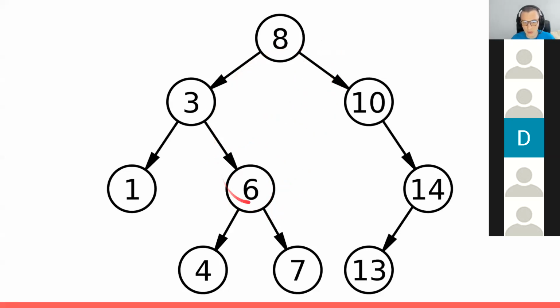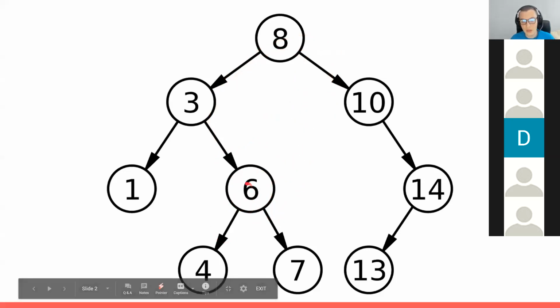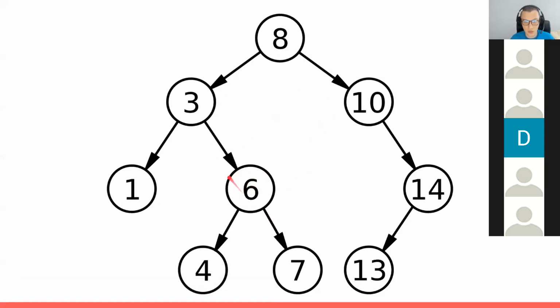But the difference is that in splay tree, when we are trying to find some vertex, for example 6, after we find it, we will try to push it to the root. So when we have a query to find vertex 6, we will move here and then push it to the root. However, we cannot just swap the values 8 to 6 and 6 to 8, because if we do it, our binary search tree will be broken. 6 will be here, and if we want to find 8, we will need to move to the right,